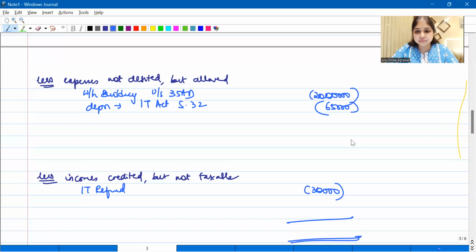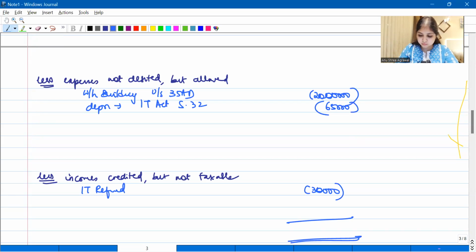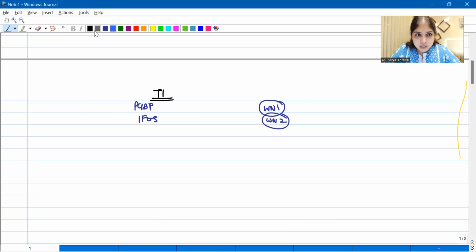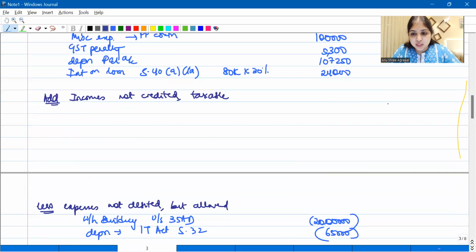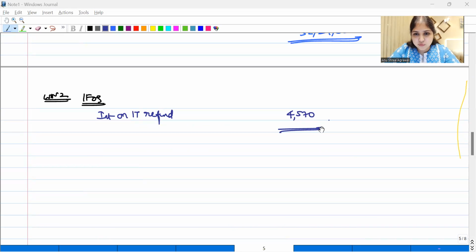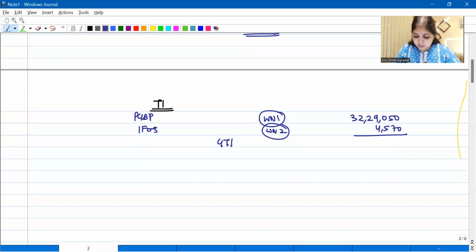How much do you get? You get this number, 32,29,050. This becomes the PGBP of the assessee. So I'll put it in my main answer now. 32,29,050. Then what are the other working notes? We have IFOS. Under IFOS we have only 4,570. Nothing else we have. Any other head of income? No. So what is the GTI of my assessee? GTI of my assessee is 32 lakh